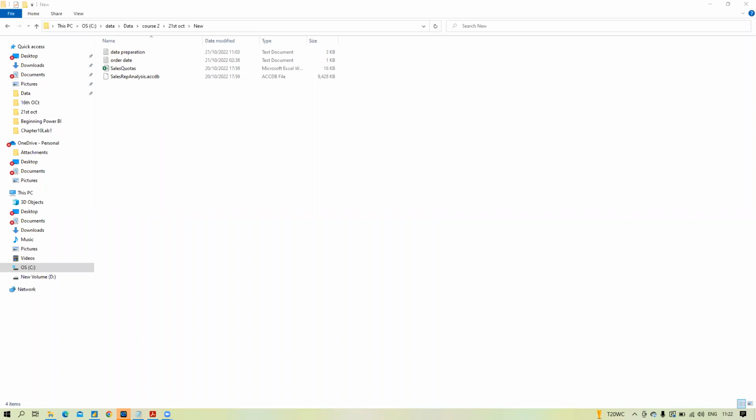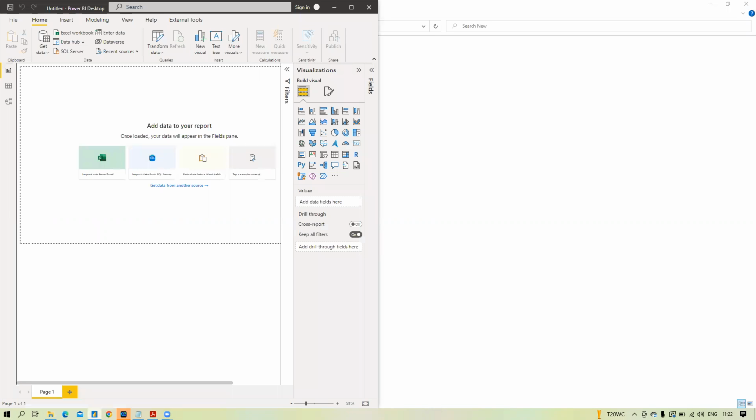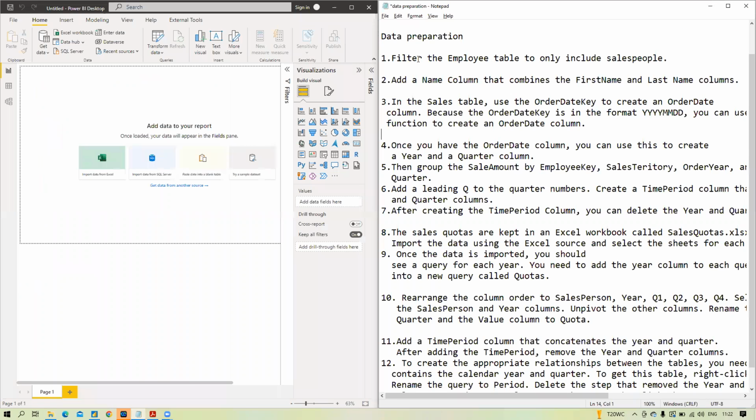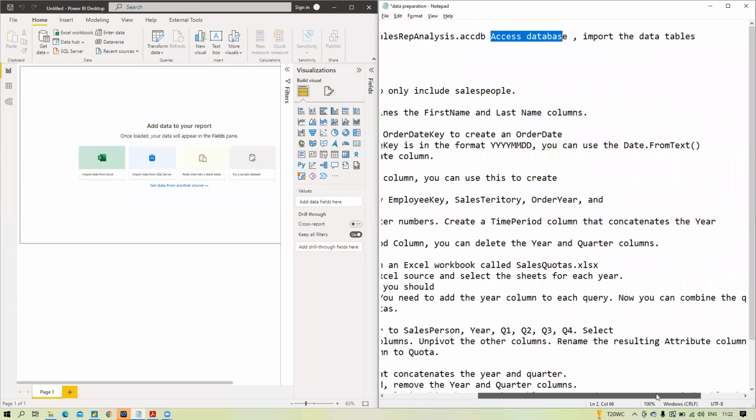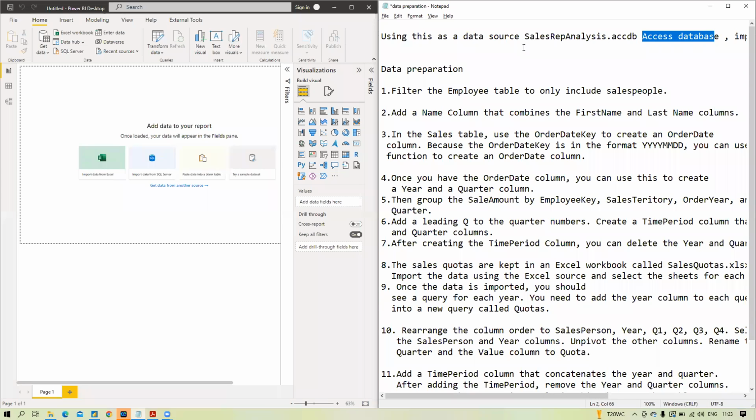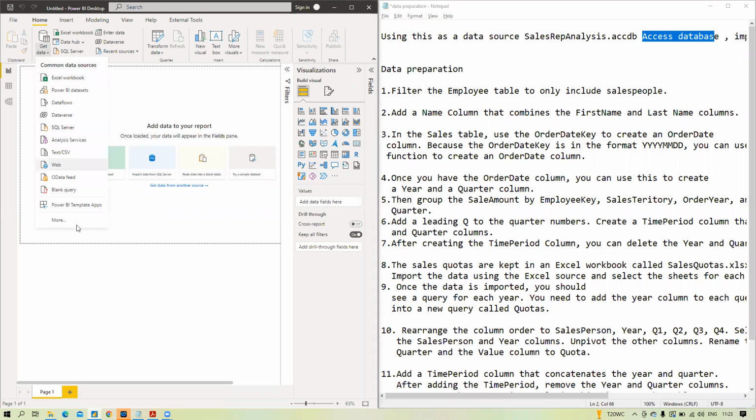Okay, so let me do this. First is the data preparation, and in this we use an Access database, AACC DB. If you have used Access, then the Access database will import the tables. After the Access database, we'll follow the steps. Access database is not showing, so we'll go